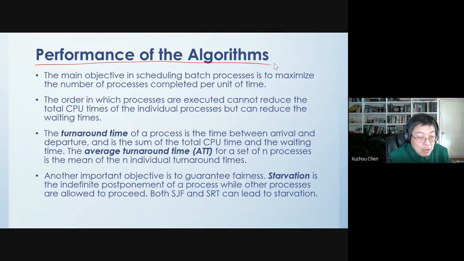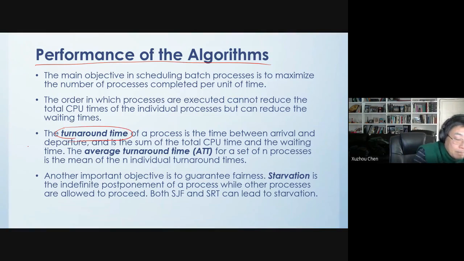So we can actually measure the performance using a couple of criteria. One is called the turnaround time. The turnaround time of a process is the time between arrival and departure, and is the sum of the total CPU time and the waiting time. Okay,